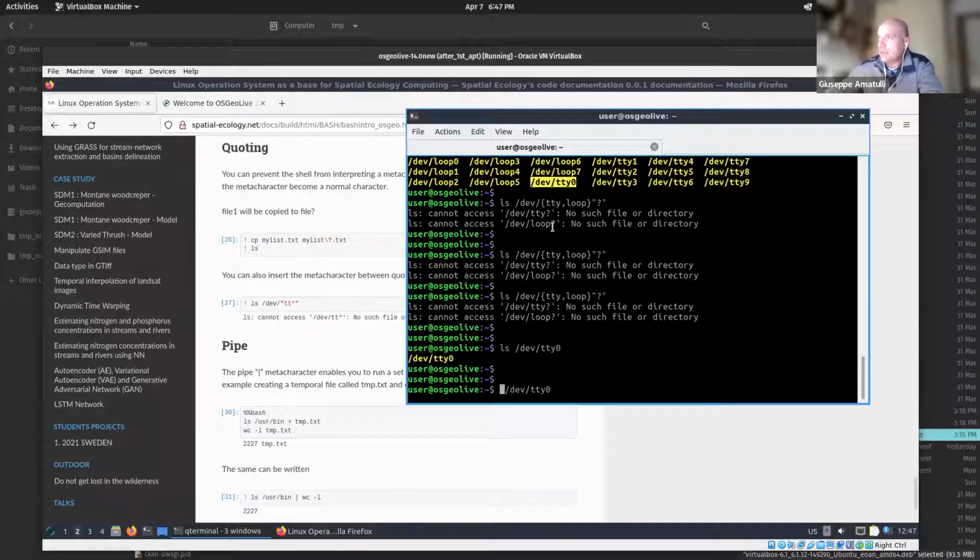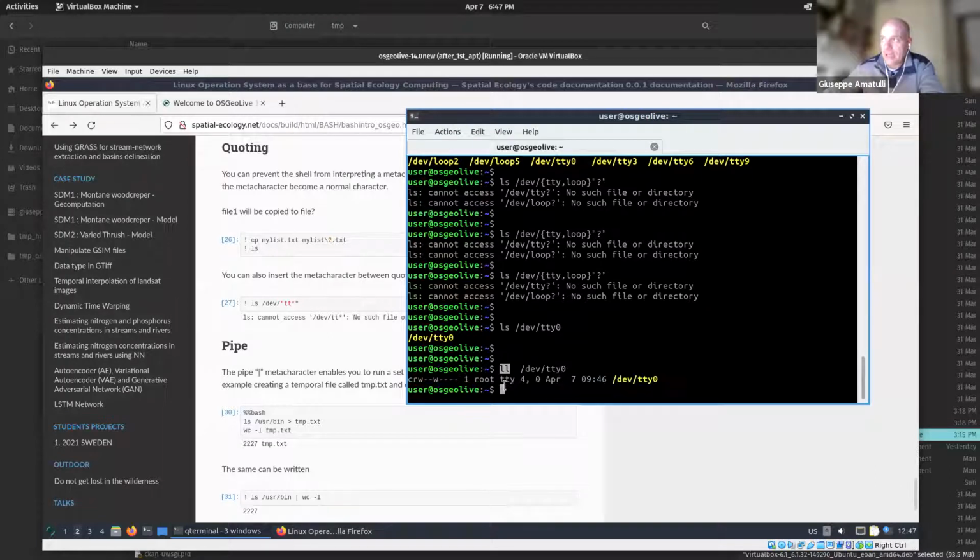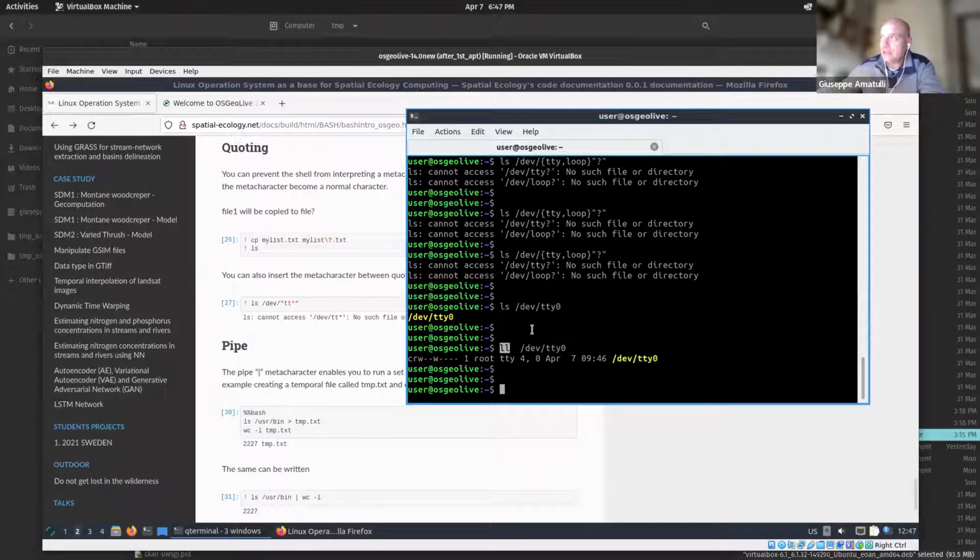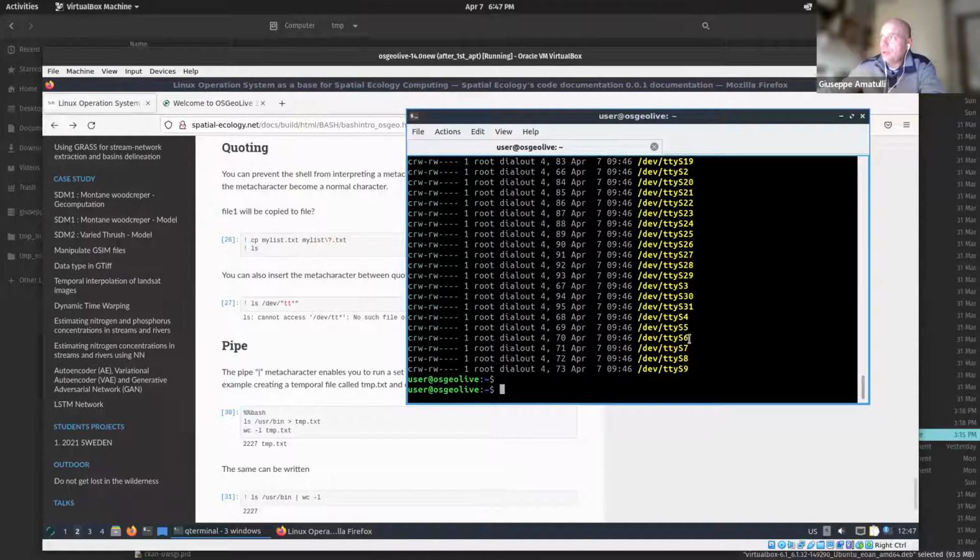Yes, so this is a file. If I do LL rather than LS, this is another handy command. It is going to list long information about that file. In particular, for example, it is going to list all the information about this file, and in particular when it has been created,